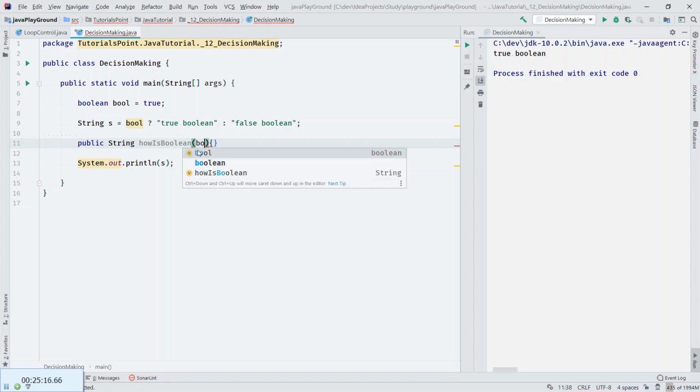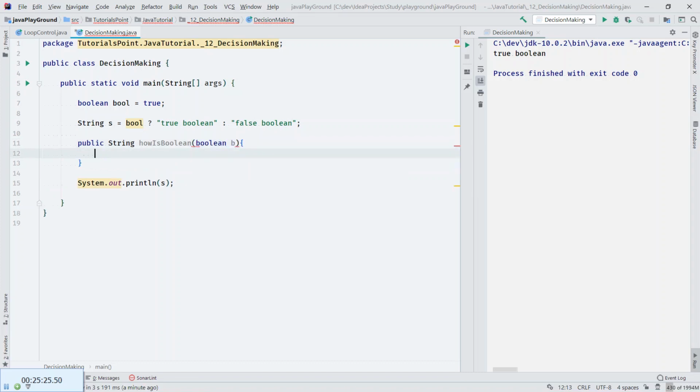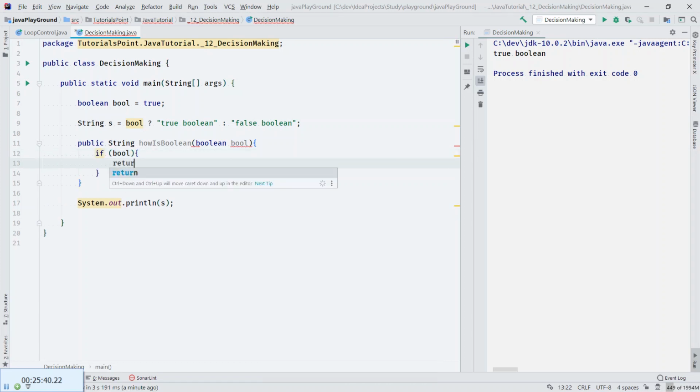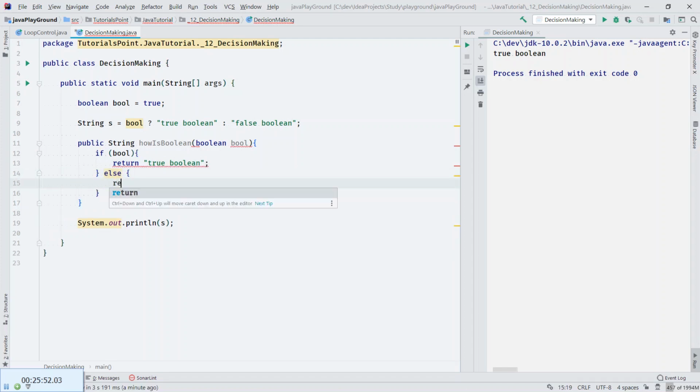It will take boolean b or ball, take it, and it will do if boolean, return true boolean, else return false boolean, like so.